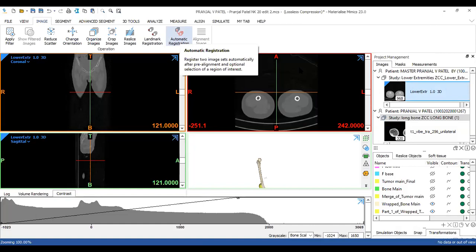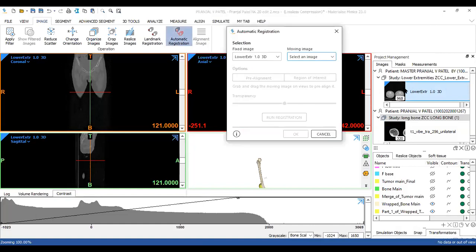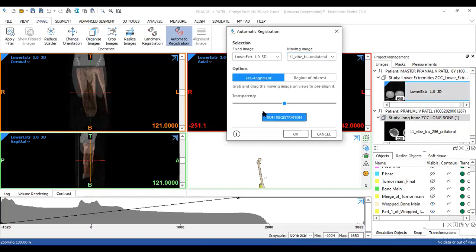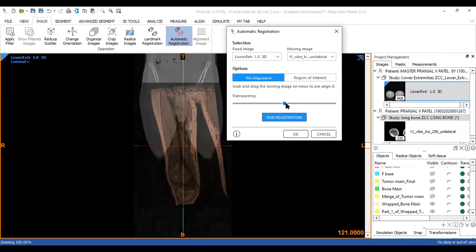तो उसका एक window box आ गया. So right now मेरा current data set है fixed image का है lower extreme CT. मेरा moving image रहेगा मेरा MRI, right? So if you see, can you see a transparent MRI section coming over? यहाँ पे ट्रांसपेरेंसी का विंडो है. मैं मूव कर रही हूँ तो आपको MRI दिख रहा है.